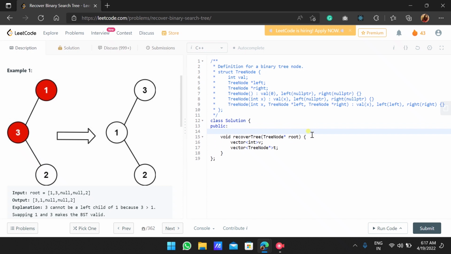Now we will make a function that will do in-order traversal. In-order will take the parameters: a tree node, a vector of type int and a vector of type TreeNode.